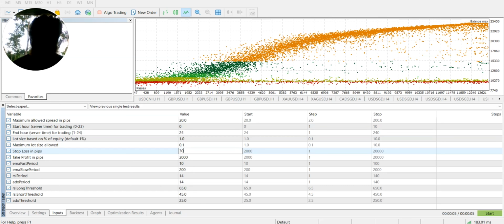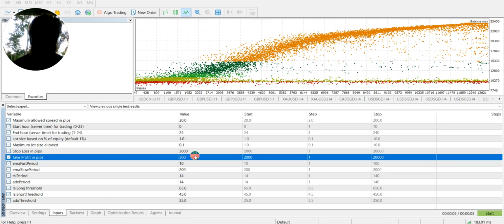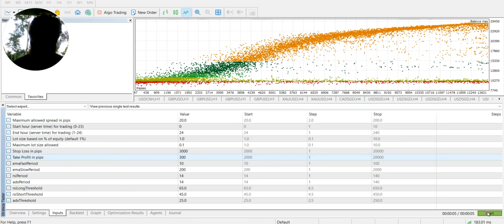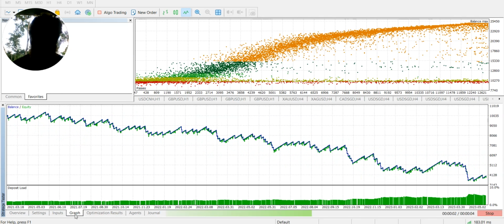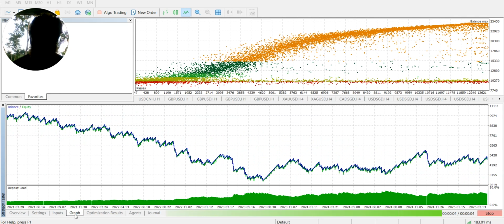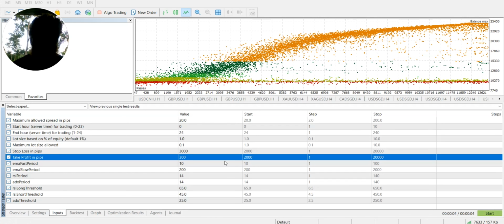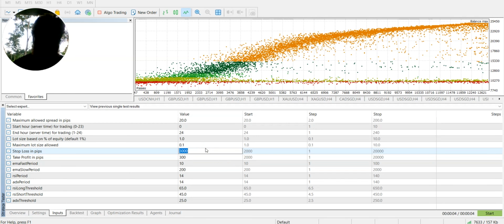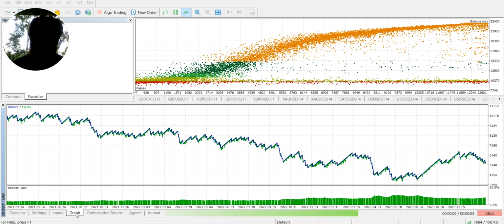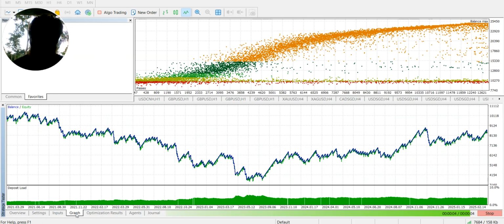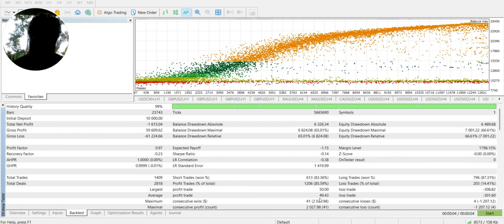Let's see the very popular setting for stop loss and take profit that scalping EAs usually use, if it is any good or if it's completely insane and not good. Oof, this is not good. Let's see a little bit more TP. I am not a huge believer in scalpers and these kinds of ratios because yeah, it has a higher win rate, and as I said, this